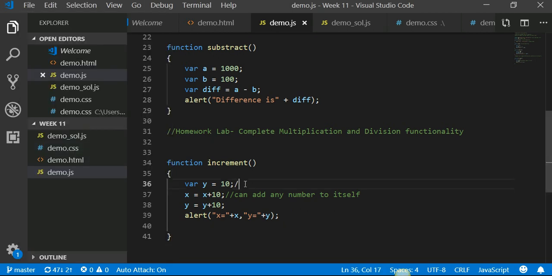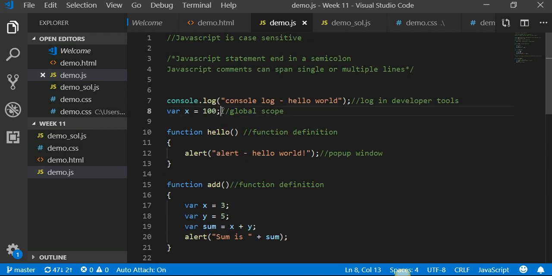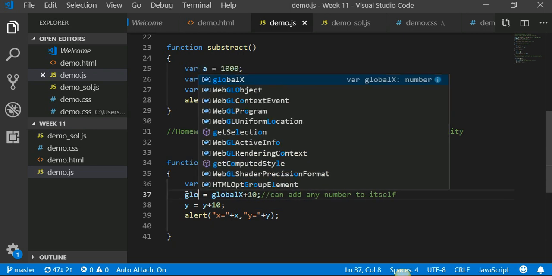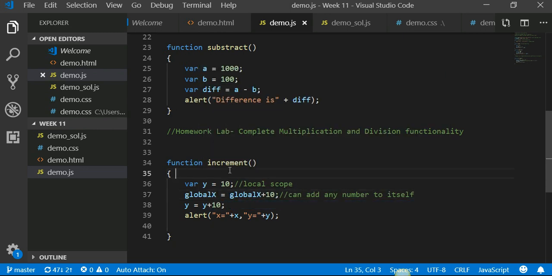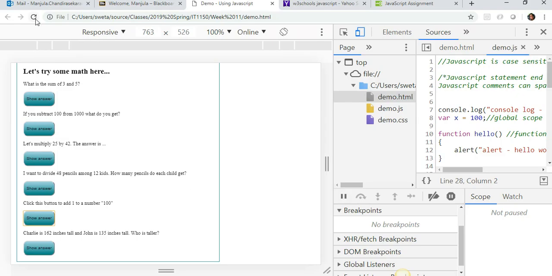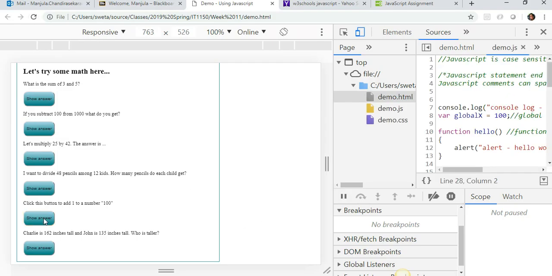This has local scope. This has global scope. Instead of x, let's call this global x. It's a variable name, so it can be anything you want. And then this y is going to be a local variable, right? Let's see that. So when I click here,